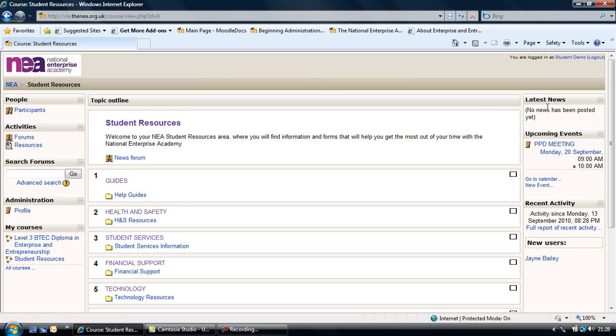On the right hand side we have latest news, then we have up and coming events and any recent activities. So for example, if a new assignment was added here by a tutor, you'd see it here in this particular area. The main body provides an outline of this particular course, which is level 3, or in this case student resources. Let's go straight back to level 3